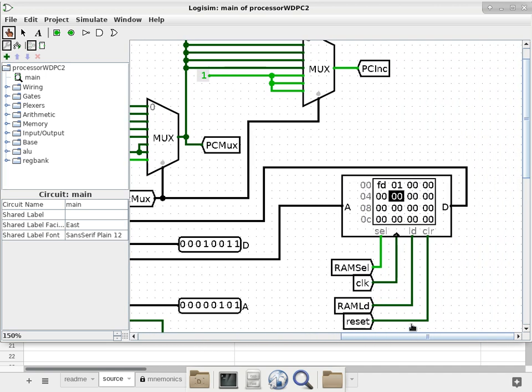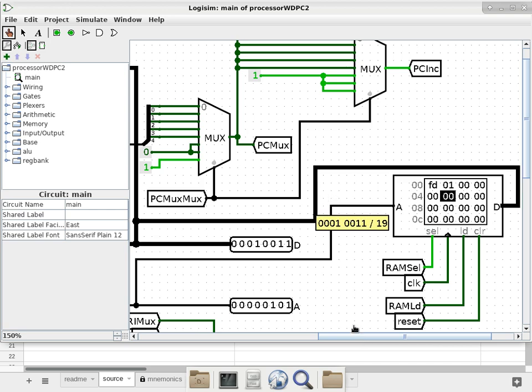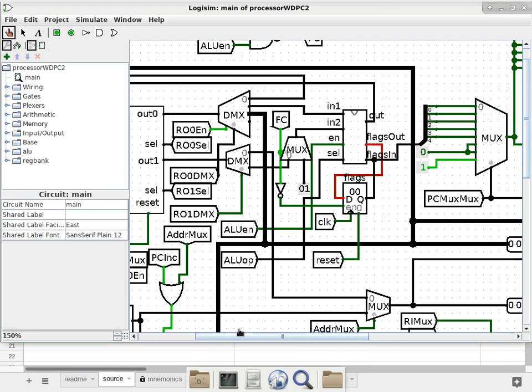First of all, you look at RAM. It says the RAM module is now selected. In other words, okay, RAM module, pay attention, I'm talking to you. You look at the RAM load tunnel, it has a low value, which means it is a write operation. Then if it's a write operation, you want to know who is driving the data bus. Okay, you track down the data bus, and you go like, okay, several things can be driving it, including this